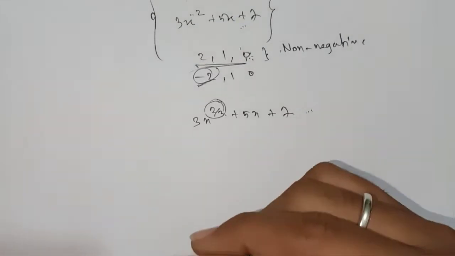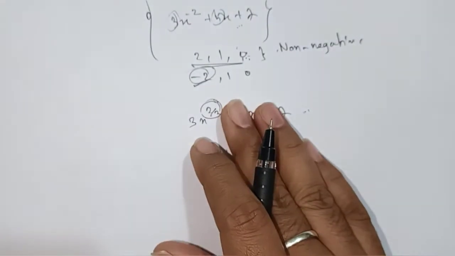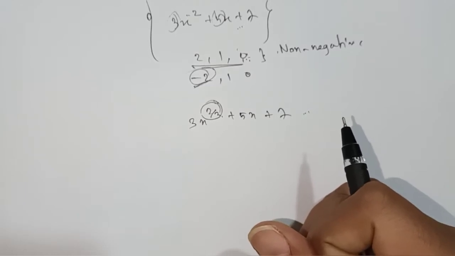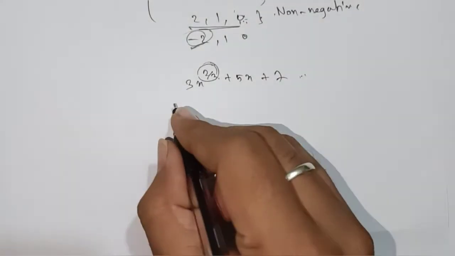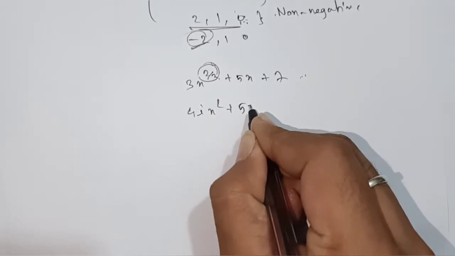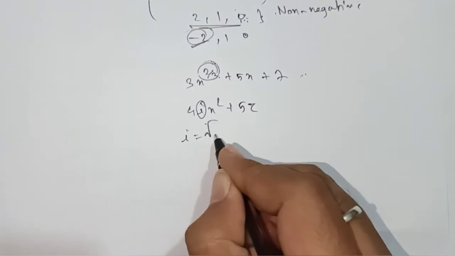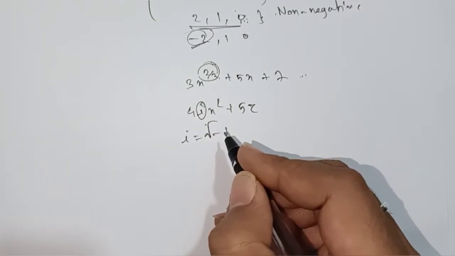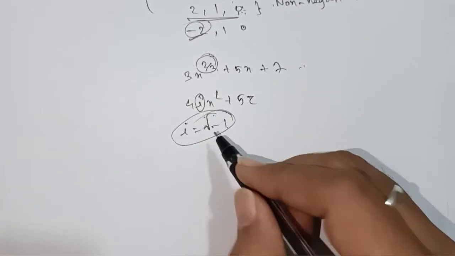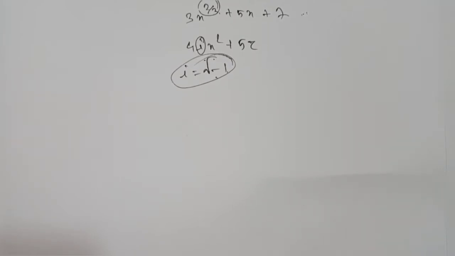That means a polynomial is a special type of expression where the variable exponent is a non-negative integer and the coefficient should be a real number. We're going to see in higher classes the difference between real numbers and complex numbers. Right now we'll not discuss complex numbers, but I'll give one example. If I write here 4ix square plus 7z, like that, is it a polynomial? No. You can see that i is iota. i means root over minus 1, and this is a complex number. So we'll not talk about this one right now. Now we have a definition. I hope it is clear to you.